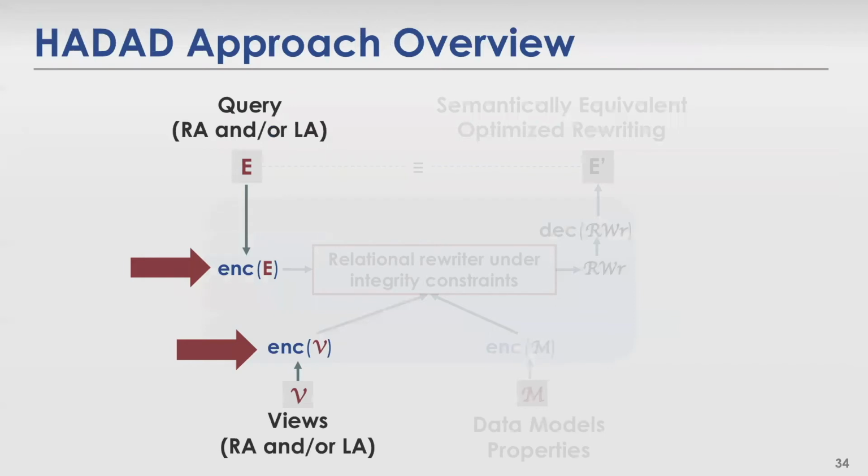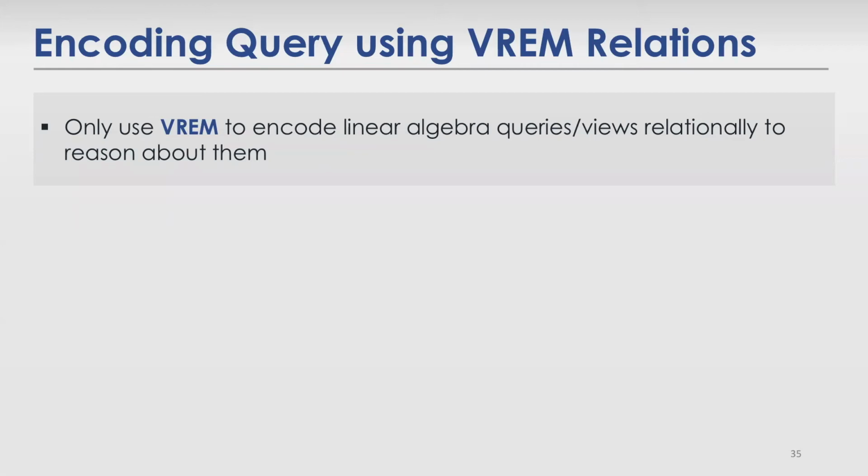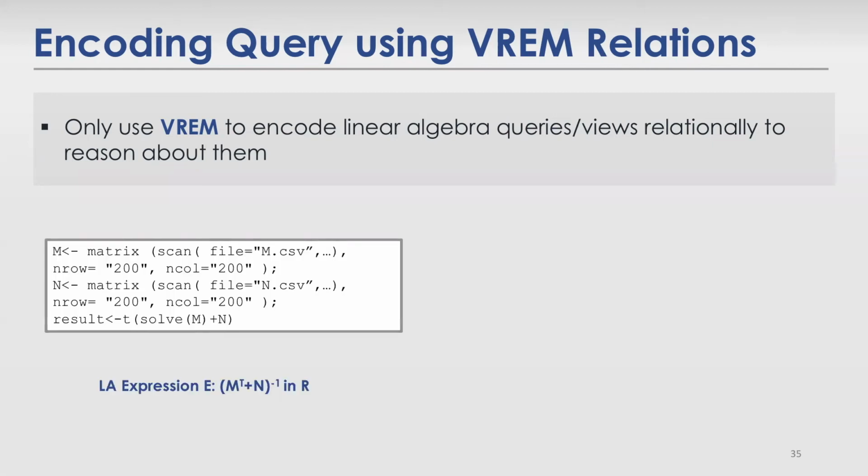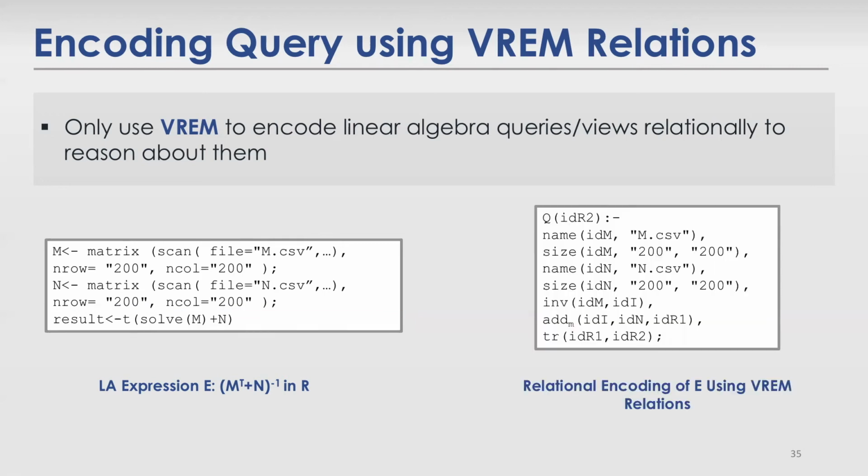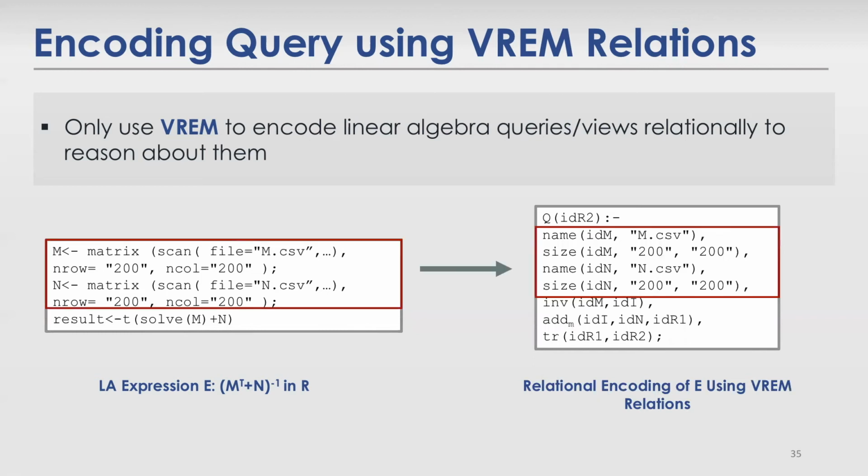Now, the relational encoding for queries and views. The encoding relations that we've just presented are virtual, meaning we only use them to encode linear algebra queries and views relationally to reason about them. For example, we have here an R program where in the first part, we load M and N matrices. Then in the second part, we compute the inverse of M, then add the result with the N matrix, and finally compute the transpose. We encode the expression as a conjunctive query, where the scan operation,